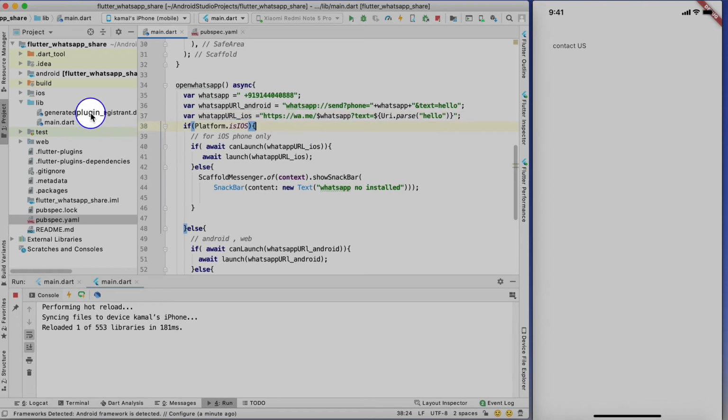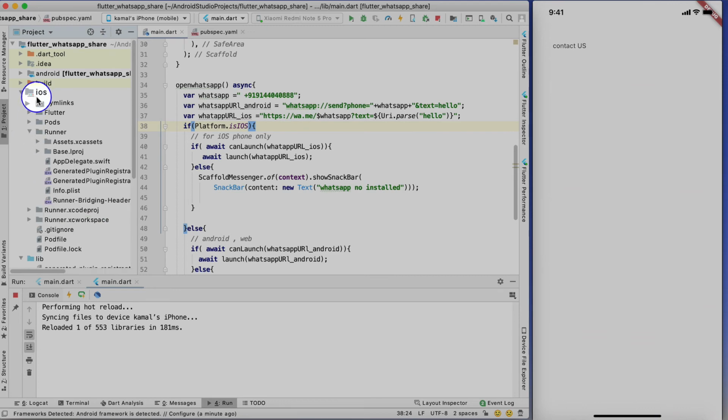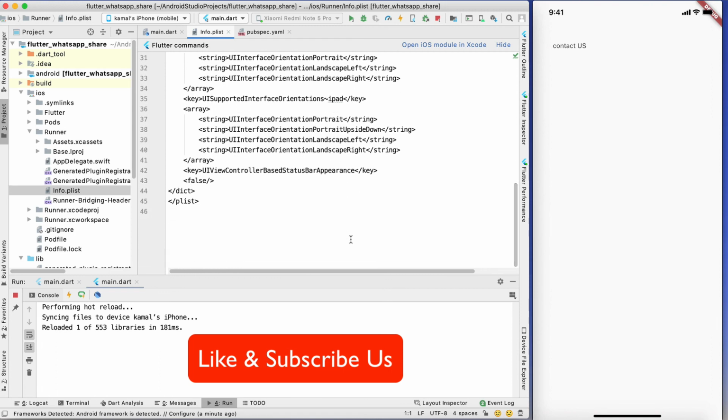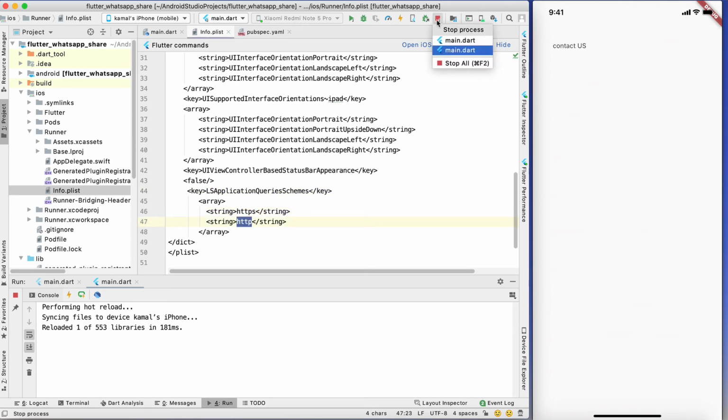We need to add one condition inside the iOS folder. So go to iOS, Runner, and Info.plist file, where we need to add the HTTP condition. Just after this one, I am going to add another key, which is LSApplicationQueriesSchemes, with https and http. Now again run the code.